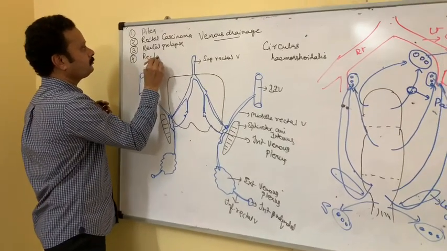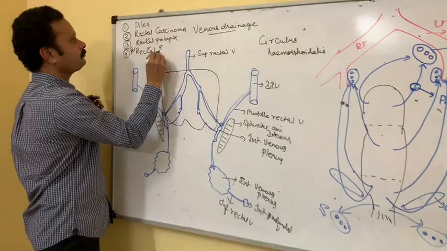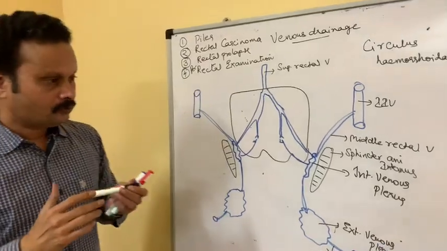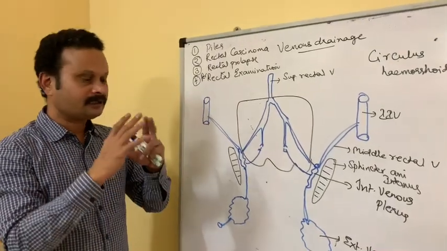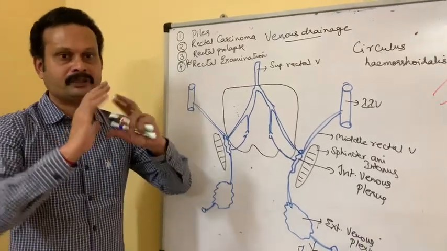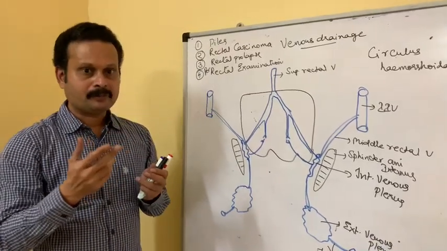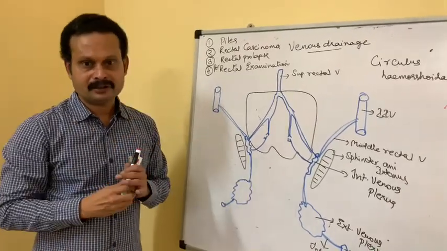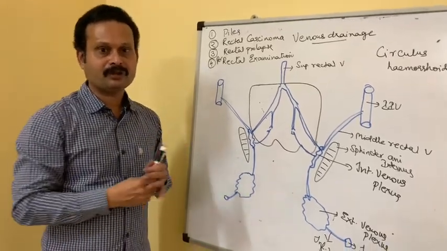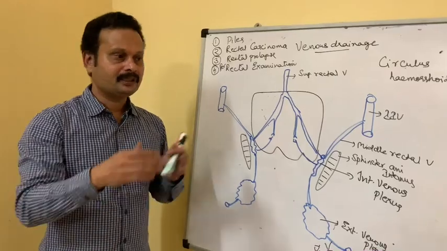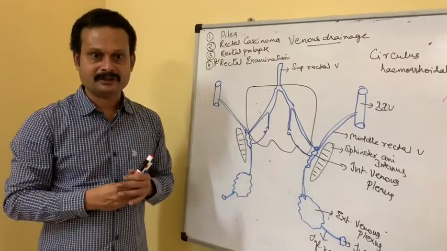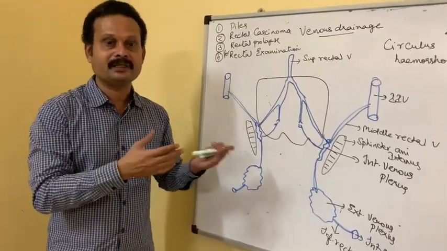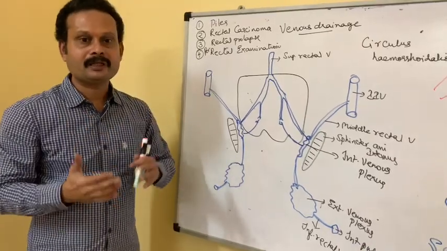Then rectal examination, perrectal examination, to locate the structures within and around the rectum. It is a digital examination done by inserting the finger perrectally and feeling for certain organs, like in the case of females, the posterior wall of the vagina and the uterus, in the case of males, the urinary bladder and seminal vesicle. All these structures can be assessed, and the prostate gland in males as well, by doing a perrectal examination.